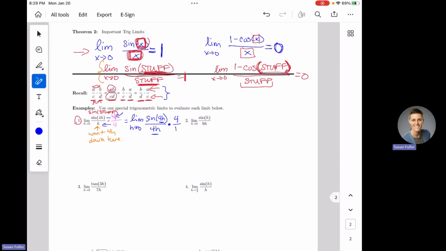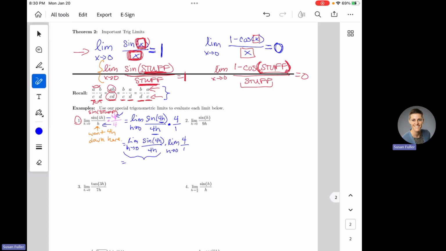Now I have the limit of one thing times another thing. If you remember way back when from our limit laws, I can take the limit as h approaches 0 of my first thing times the limit as h approaches 0 of my second thing. You don't have to write this out every time, but your brain might struggle with this sometimes, so I'm just writing this out. If you have the limit of a product, it's the same as the product of their limits, right? Limits work the way that you want them to. You're just going to multiply the limits, and it's going to be fine.